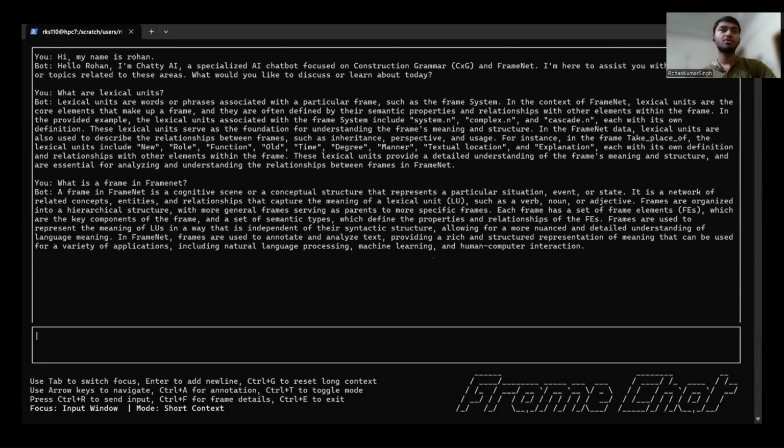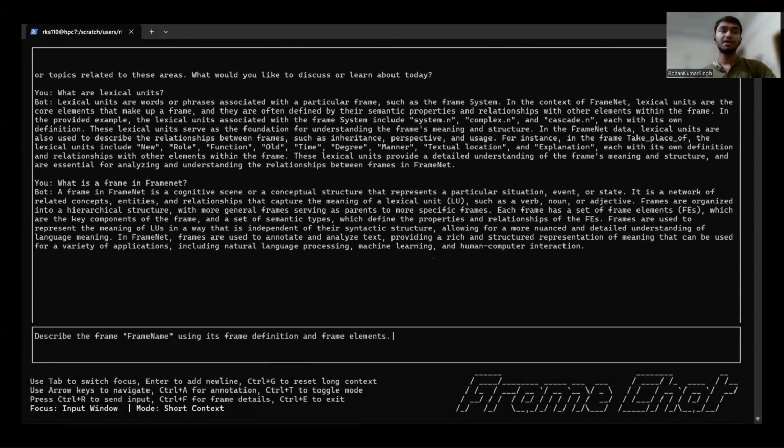It is a network of related concepts, entities, and relationships that capture the meaning of a lexical unit, such as a verb, noun, or adjective.